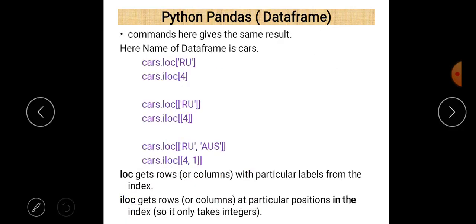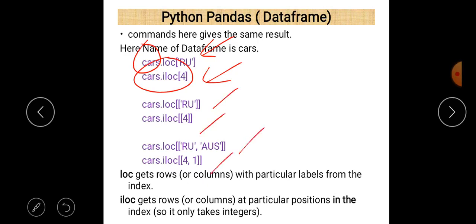Let us see the difference between these two. Suppose the name of the data frame is cars. If you put dot LOC, then you should give the name of the column or row. But in the case of ILOC, you give the index value; here 4 is the index value.